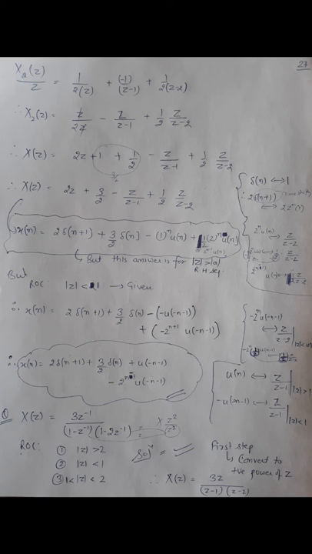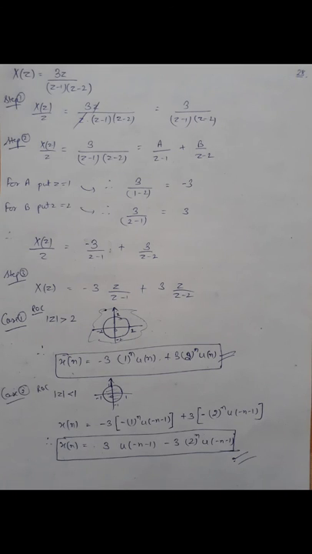As we know, step 1 is X(z) by z. So I just convert the inverse power into the positive power, that is, multiply by z square or divide by z square, because the highest power of z inverse is z to the minus 2 in the denominator part. So X(z) is equal to 3z upon (z minus 1)(z minus 2). Now the first step is X(z) by z. So 3z upon z into (z minus 1)(z minus 2), z will cancel out, and it will become 3 upon (z minus 1)(z minus 2).